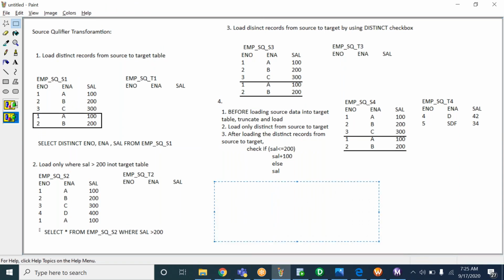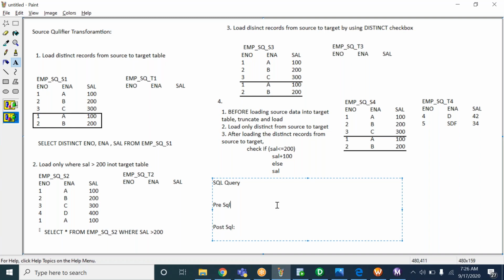First we have the SQL query property, and then we have pre-SQL, then also we have PostSQL. These are the three properties we have inside the source qualifier transformation to write the SQL queries.